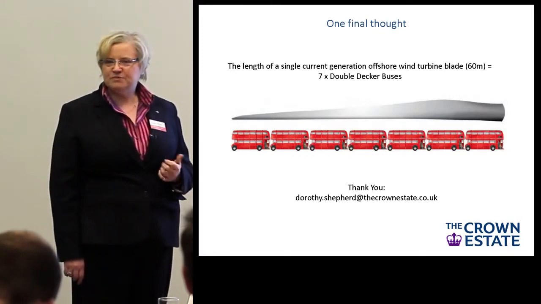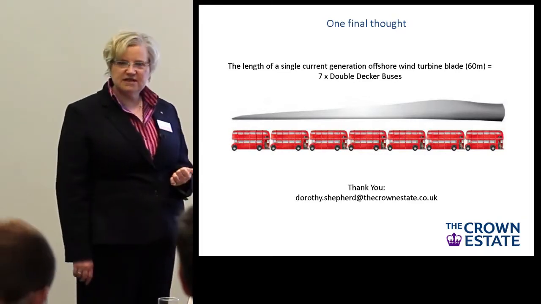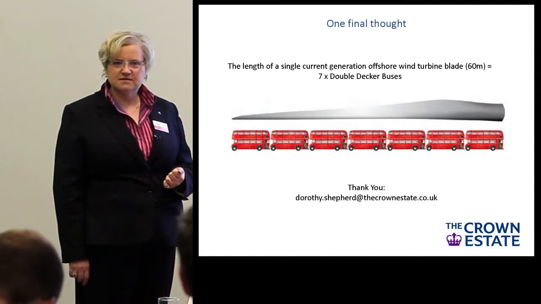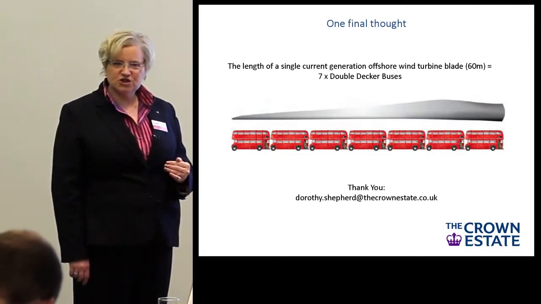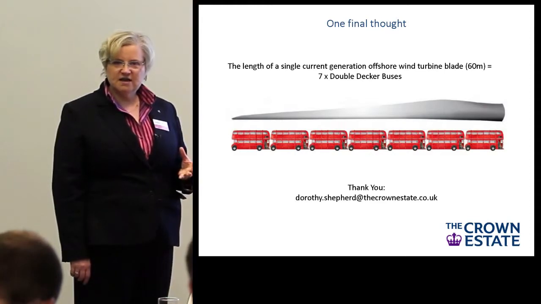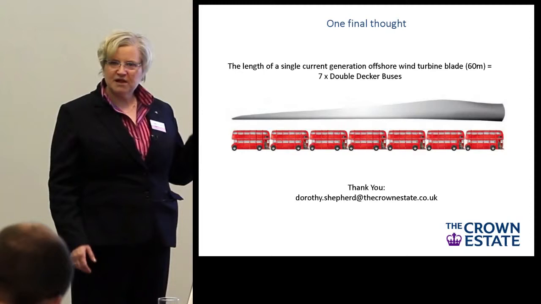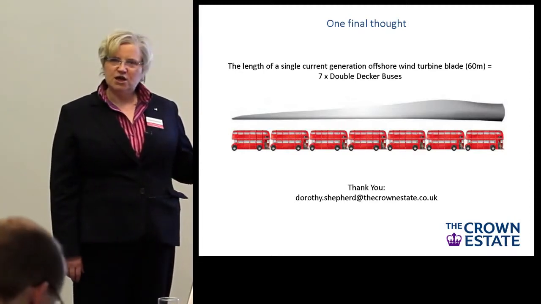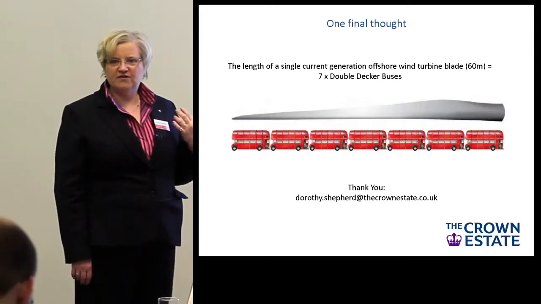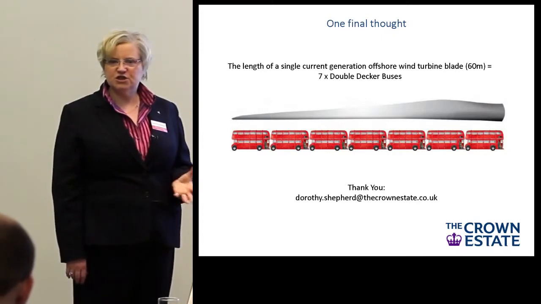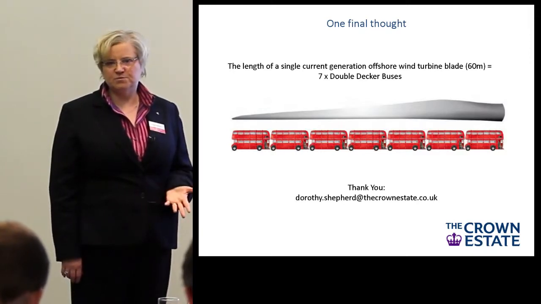A blade that would be quite normal in today's world, 60 metres, that's 7 double-decker buses. I say the laydown area, the tip height, the construction of it, understanding the different dynamics of different turbines that might then be used. Planning consent will be put in maybe a year before the actual orders or the final engineering solution is finalised. Things will change. That's what the Rochdale envelope is all about.